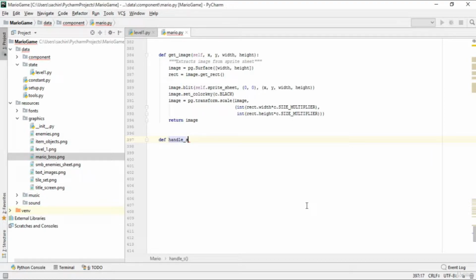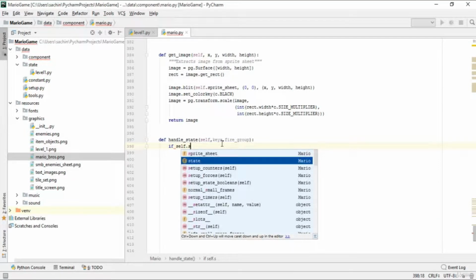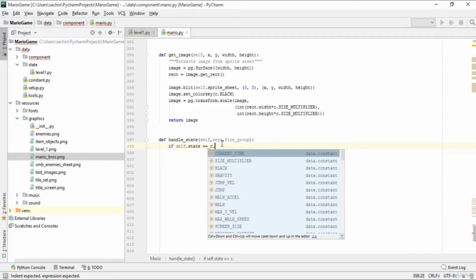This is an important function, so let me define it as handle state and give a key here, and after that just give file group. The key will be used to check what the user basically wants to perform, and keys are a bunch of actions here, and the file group will be the events after that key is pressed. So let's define self.state is equal to c.stand, that is our constant here,